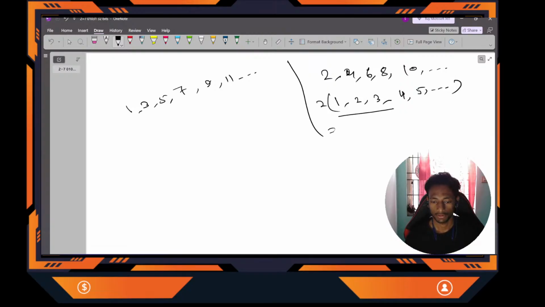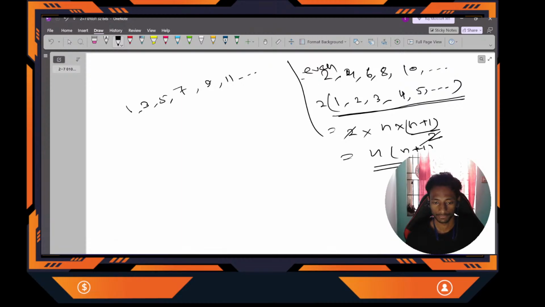So ultimately, if I want to sum up all these numbers, it will be 2 into the pattern 1 plus 2 plus 3 plus 4 plus 5 plus 6. So what will the sum be? n into n plus 1 by 2. So ultimately the 2 will be cut, and the sum will be n into n plus 1. This is for even numbers. For even numbers, I can easily calculate the sum. So only for odd numbers,